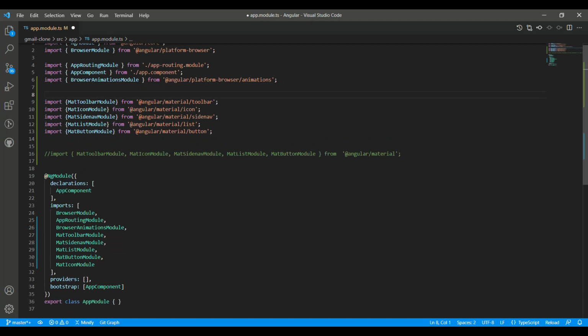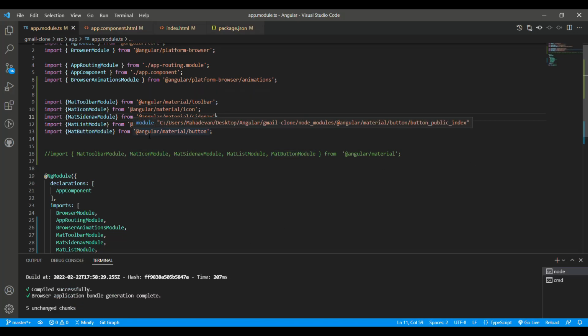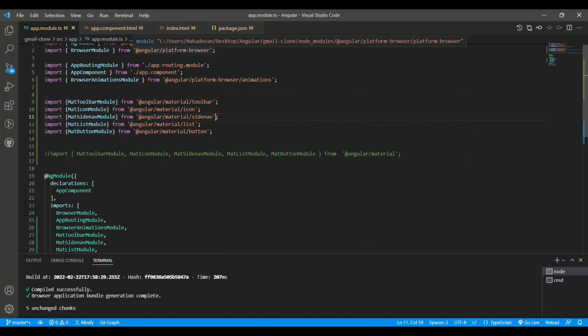So I have included here MatToolbarModule, MatIconModule, MatSidenavModule, MatListModule, and MatButtonModule. Whatever I imported here, we have to import there also. So if you see, I have put the MatToolbar, Sidenav, List module, Button module, and Icon module. After importing the relevant material files, now we have to set up the